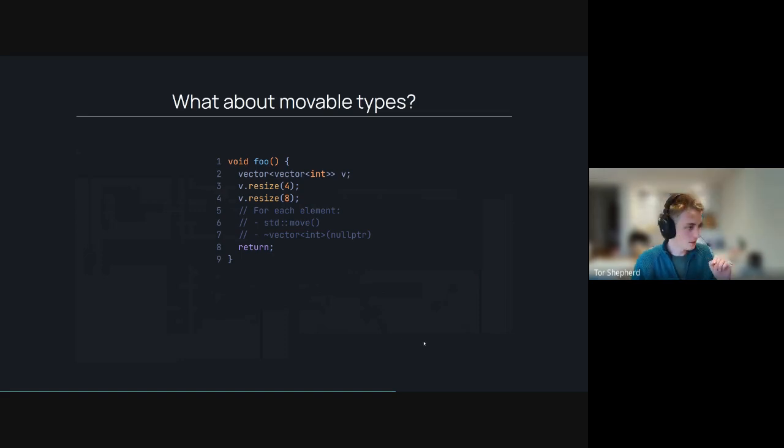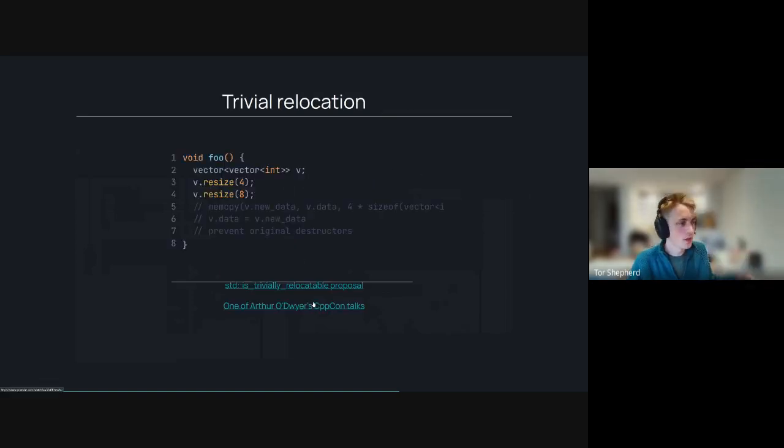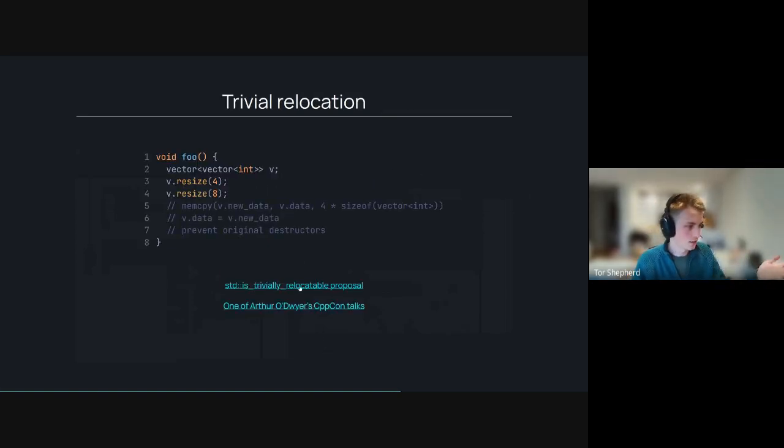And the logical conclusion of this is, well, wait a second. Moves, as we saw them in Rust, are actually this much simpler operation called a relocation, which is just a trivial copy, right? So is there some way that we can get this behavior in C++? Because currently we have to iterate over. We have to say for each element, move it. Make sure to set the original to null pointer. Then you're going to call all the destructors of the original. Right? We don't need to be doing all that work. And so that brings us to the proposal